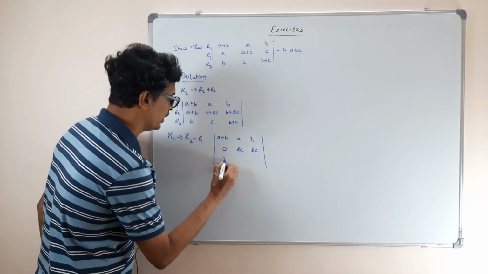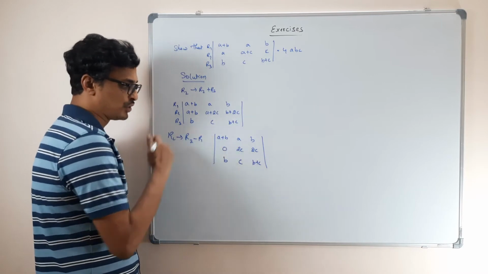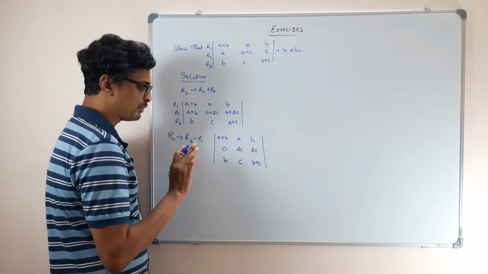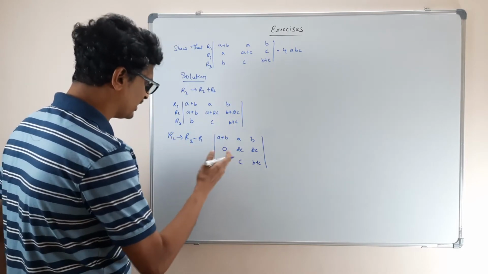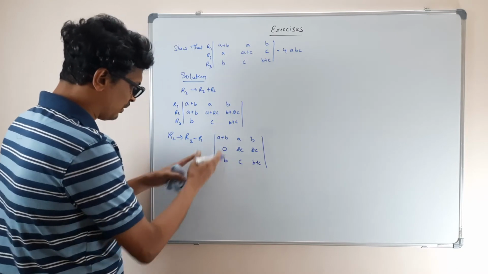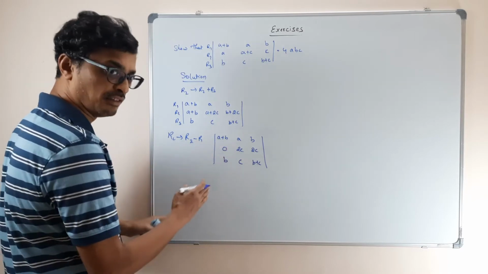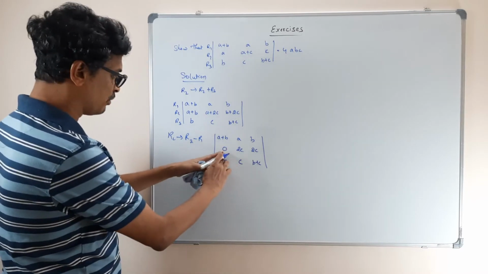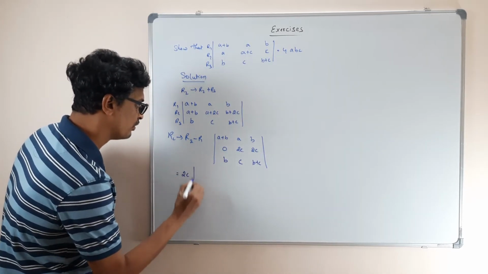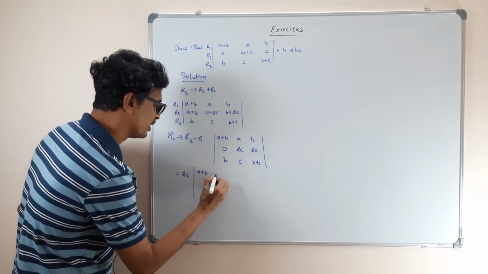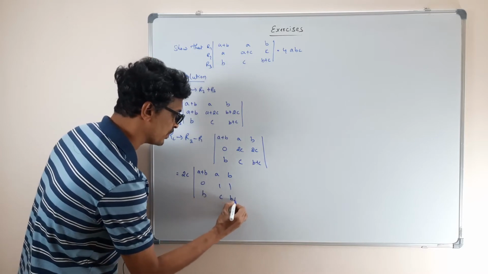So this is B, C, B plus C. Now from here itself we can take 2C commonly outside. For the time being let us keep it; we may get some other idea also. Either you make it upper triangular, or if you get some idea here itself, execute it. Because I can take 2C outside, this will be equal to 2C times, what is left over: A plus B, A, B, 0, 1, 1, B, C and B plus C.